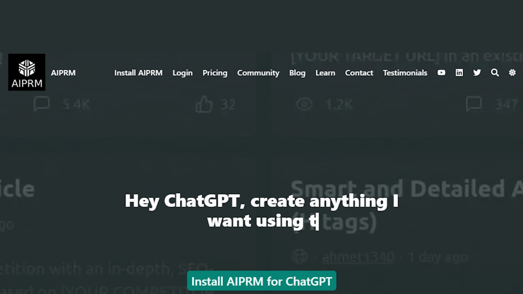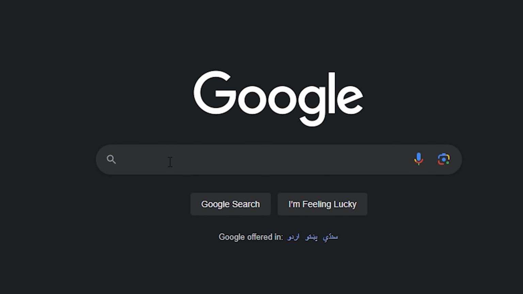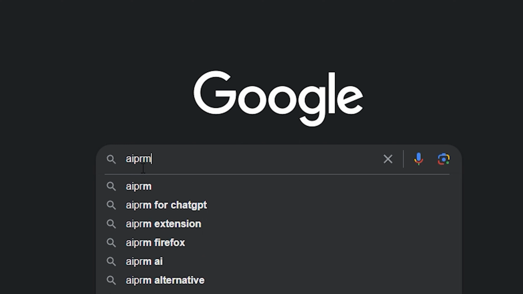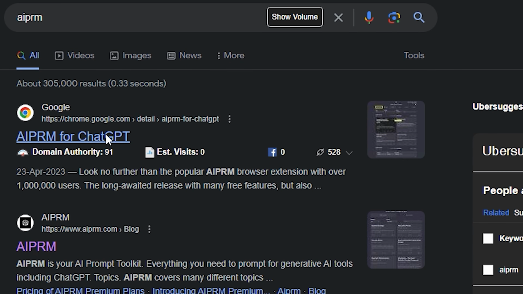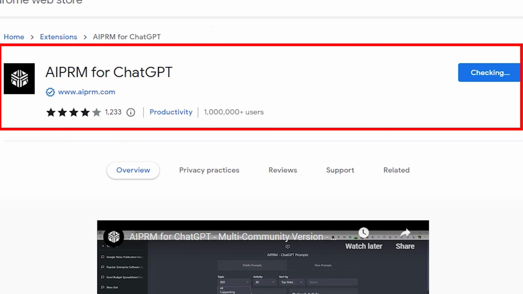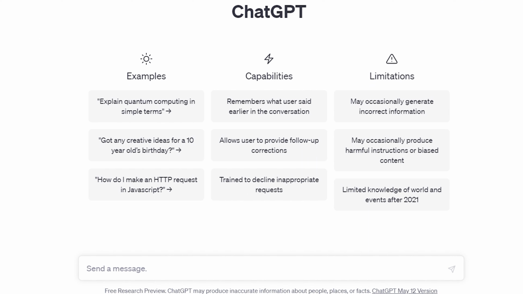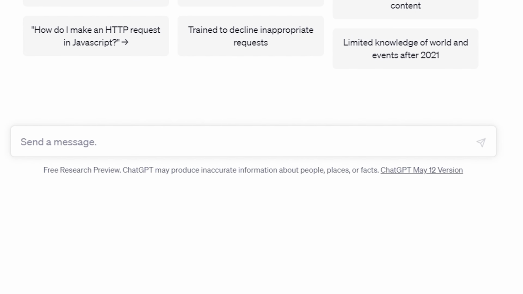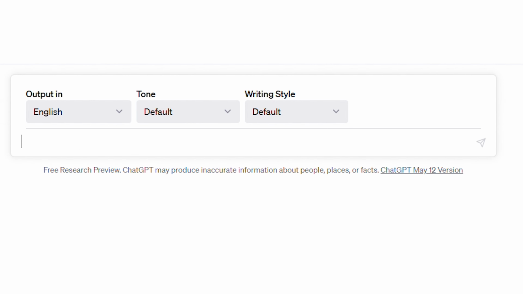So what I do is I go to Google and I download a small widget. The name of the widget is AIPRM, and as I type AIPRM in the Google search engine, I see this simple Chrome extension. All I need to do is install this Chrome extension on my browser, and then I'm able to use ChatGPT. So once you have installed the AIPRM Chrome widget on your browser, all you need to do